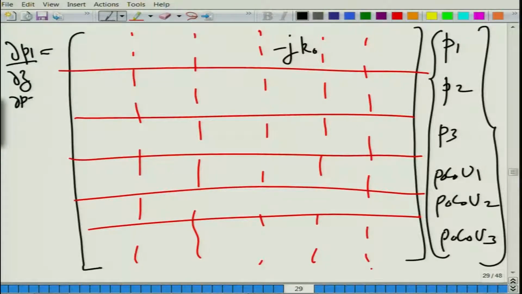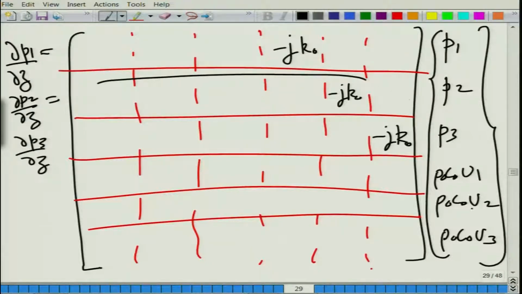Other equation of course is your momentum equation, isn't it? So, what will be this entry? So, this is minus j k naught. So, here you will get your 3, it is A36, sorry, this will be something like this. So, minus j k naught, and there will be a term here also corresponding to del del z of P2, that will be minus j k naught here. So, this thing, this goes with this particular guy, isn't it? So, like this we have written down the momentum equation.